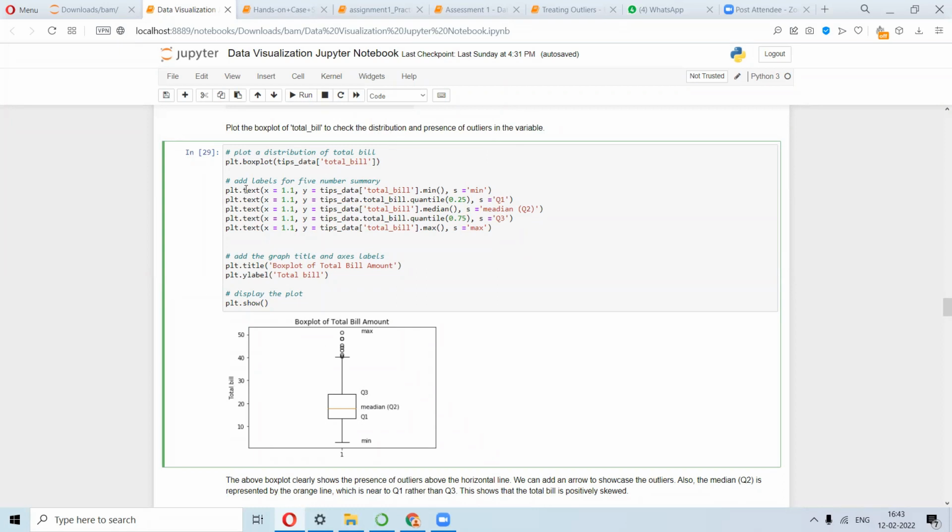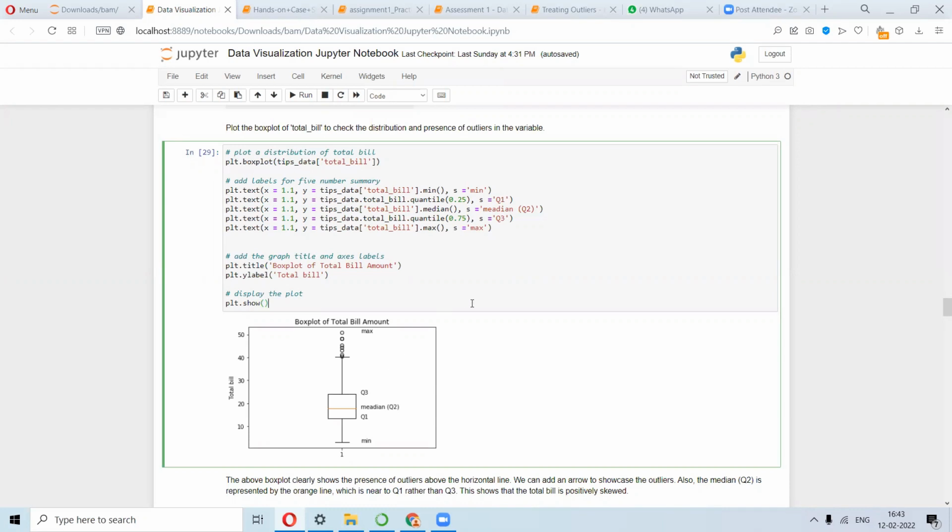For that we have to use the function box plot, which is plt.boxplot, and from the tips data we are calling total bill. So we are going to look into the distribution of total bill. Okay, so this gives you the plot itself, but to make it much more presentable we have to add all these text values. And how do we add them? So we refer to this x-axis, x 1.1, so that is here.